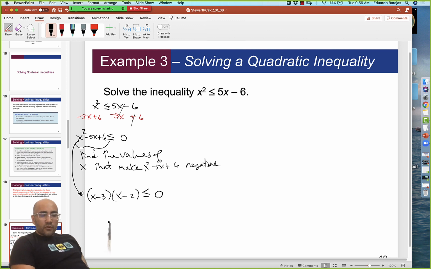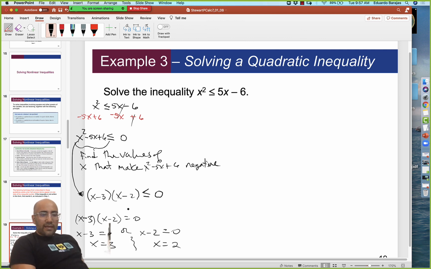And if we wanted to figure out when it equals exactly 0, x minus 3, x minus 2 equals 0, right? That's one thing we might be interested in. Now we can use the zero product property and separate this. This means that either this is 0 or this is 0, which means x equals 3 is one solution